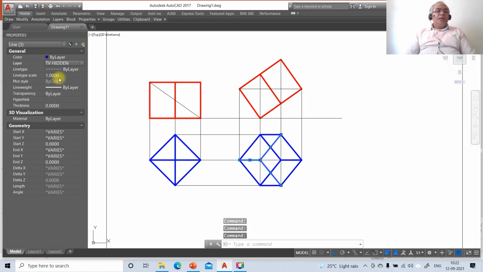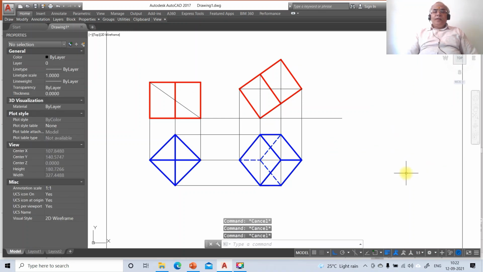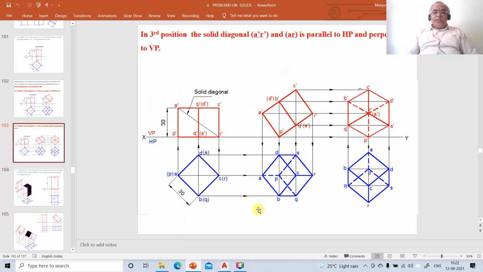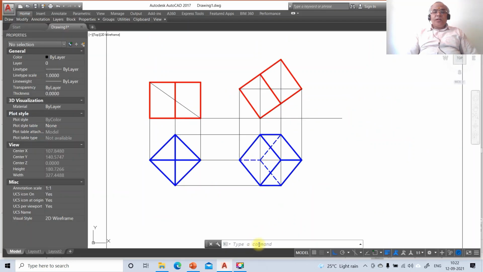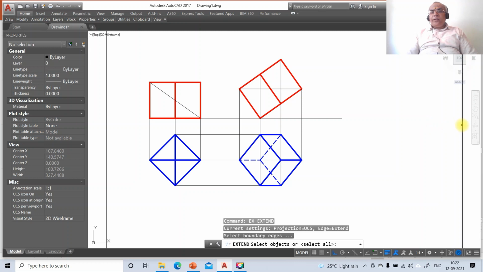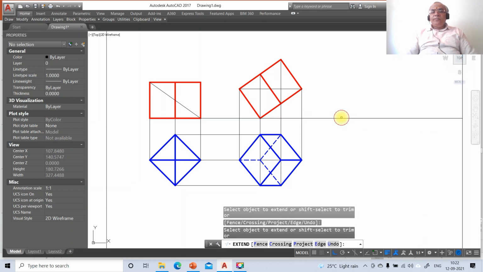So top view hidden. So you take 15. Once you do that, you have the line. So now what we need to do is rotate and keep the object here. To do that, you just go to extend, select this as the boundary, object to extend as this, then